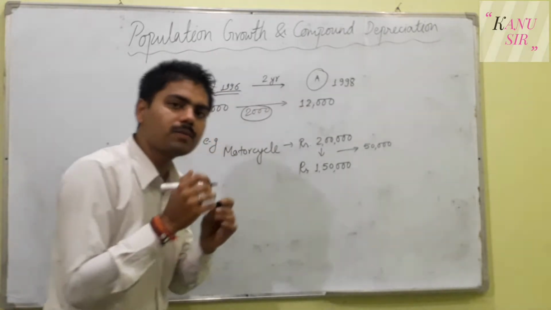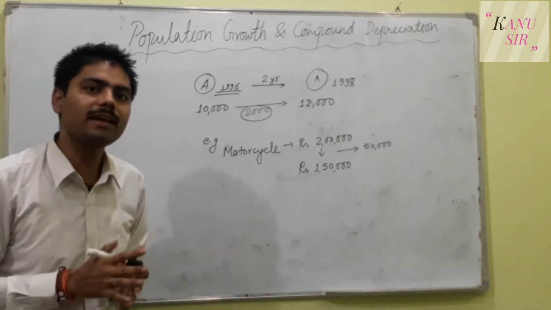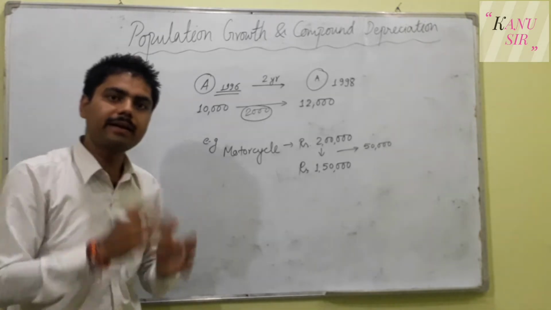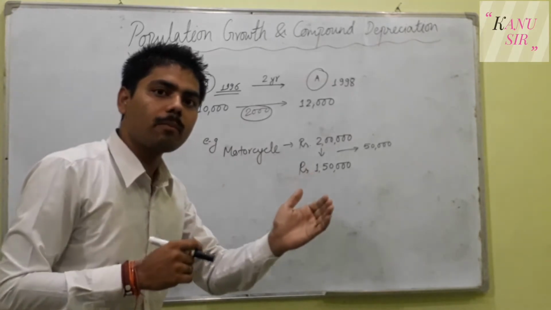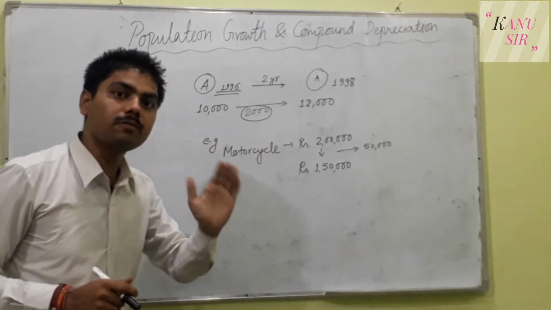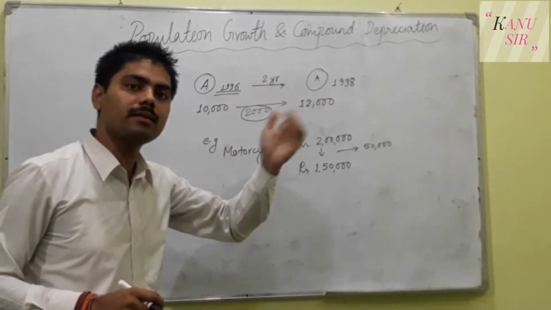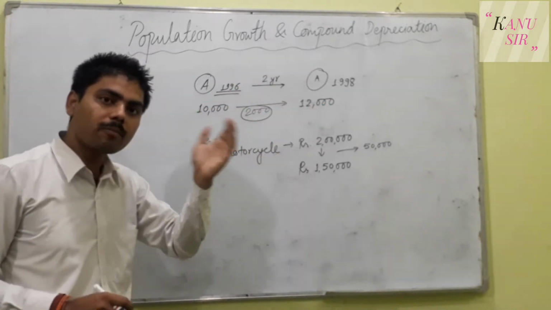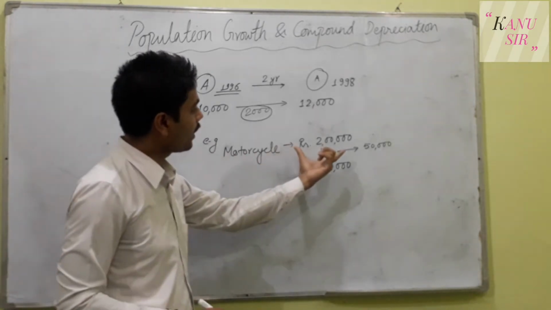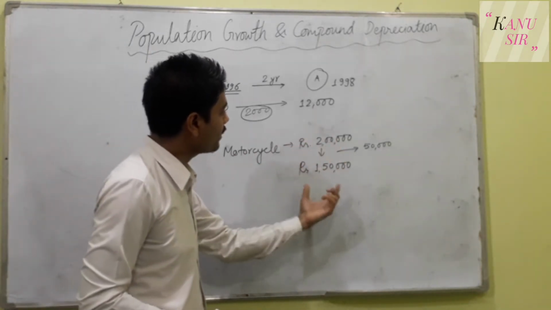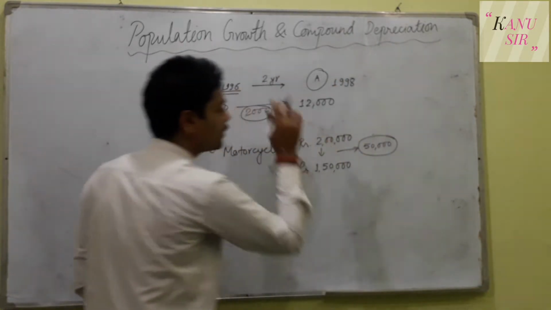Whenever any object is bought at home or in factories, mostly the machinery items, their value decreases year by year. Whereas if you go to the market and buy the same machinery item at new cost, the cost of the machines will increase year by year. But after buying the same machine and using it for some period of time, the value of the machine will decrease. That is called depreciation, and this amount is the amount of depreciation.